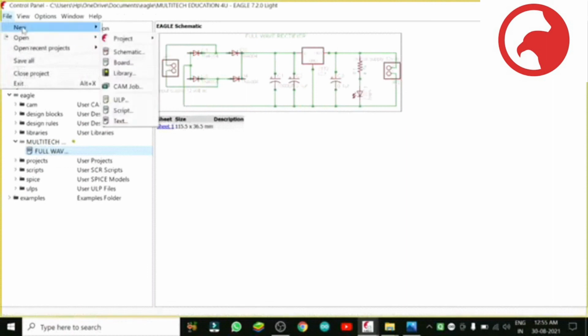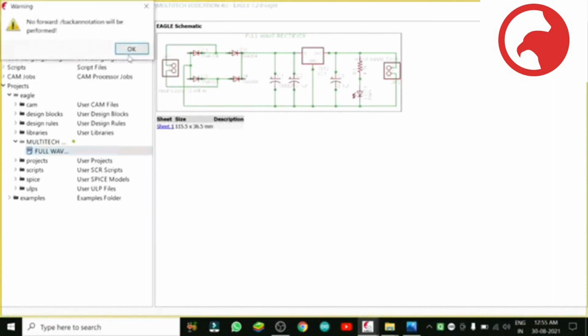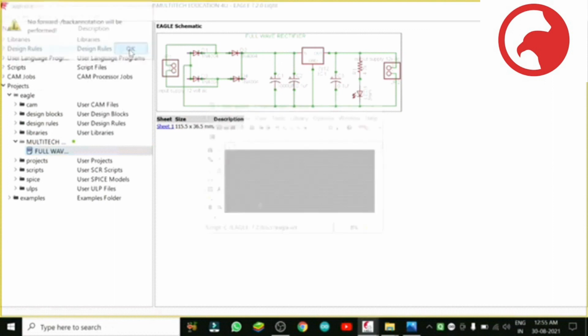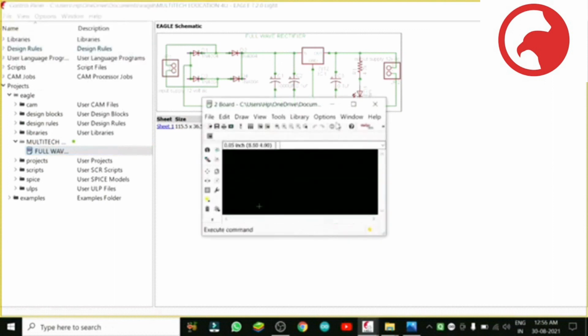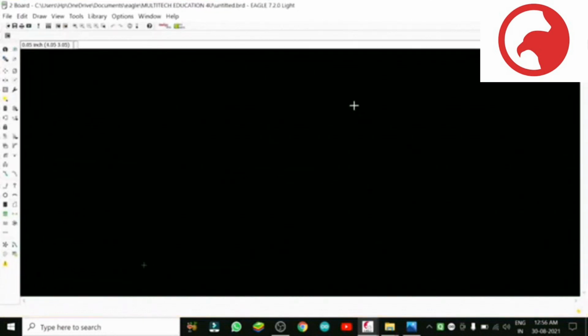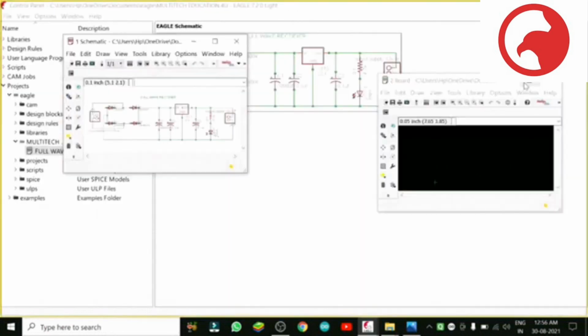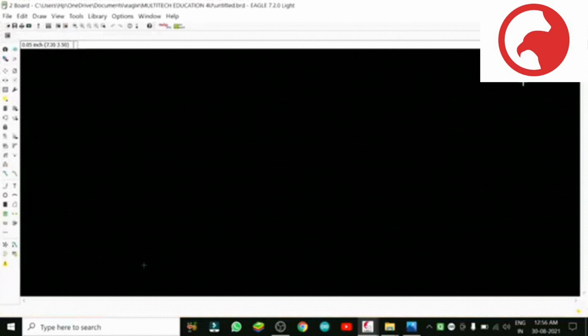Right now you see new. If I select board from here, it will not work out. Now there is nothing. Our circuit has not come. Schematic circuit should come automatically. So never select from there.